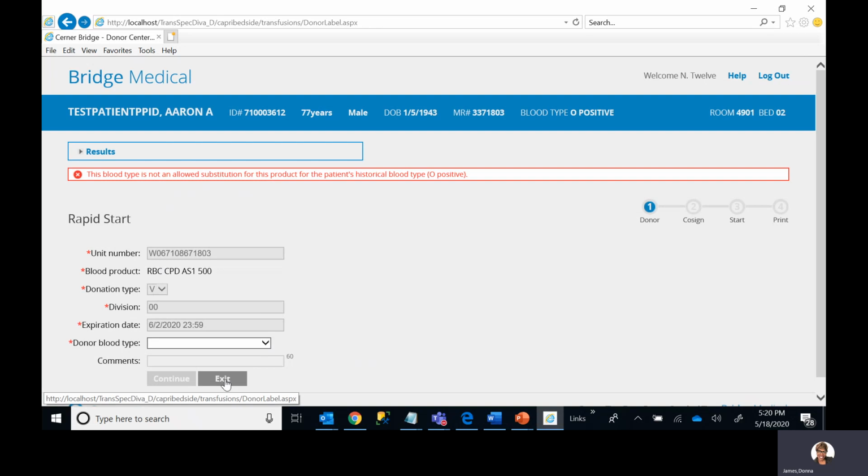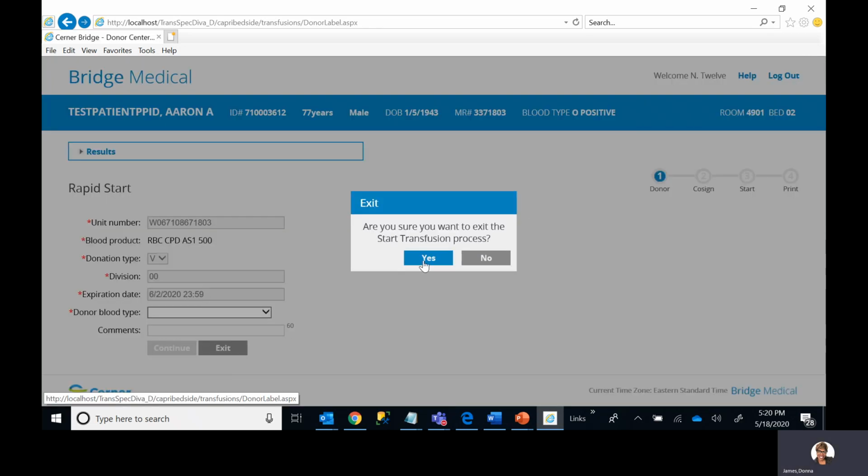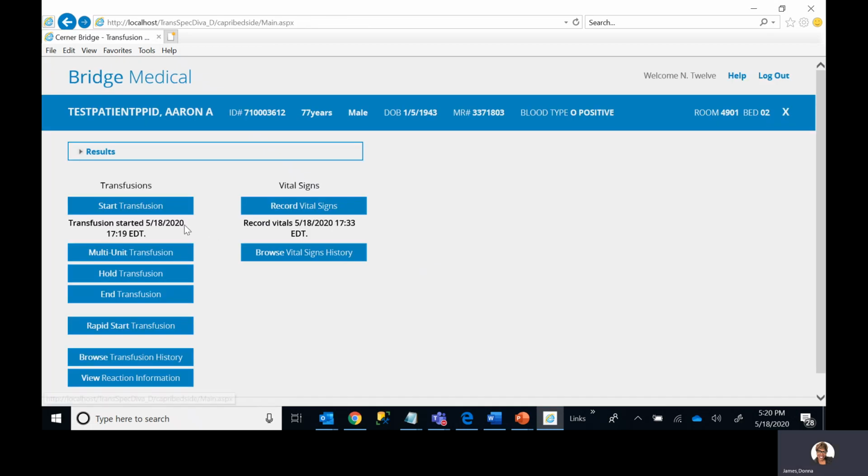At that point, the nurse will exit out, answer the prompt response to verify exiting out, and then you will be taken back to the home screen where you have your dates and times of your start transfusions, along with the 15-minute vitals. That unit of blood will transfuse as normal until it's time to end those transfusions. And then you will follow the same processes as you did with a normal start and end transfusion by clicking the end transfusion, scanning the blood product and unit number in the blood product,